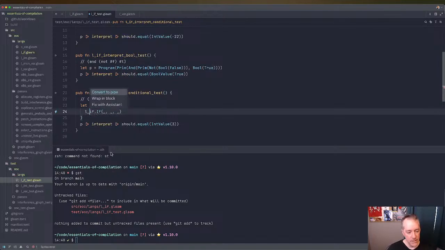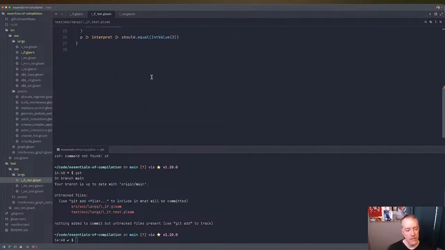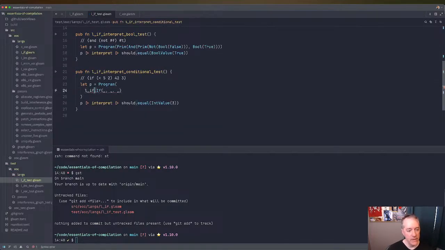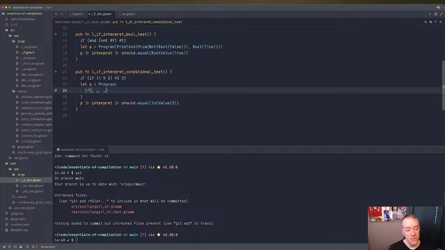And let's put if in here, please. Okay, and we'll unqualify that. Okay, so this takes an expression. So that returns a prim op. So we need prim, which is an expression,